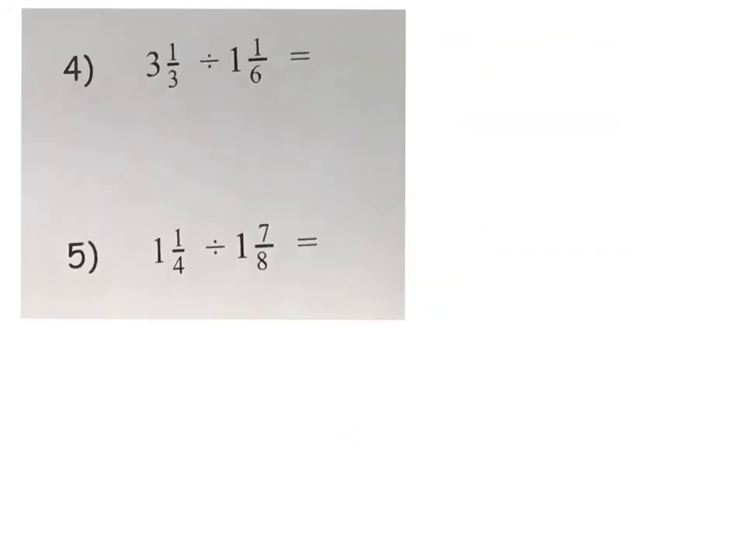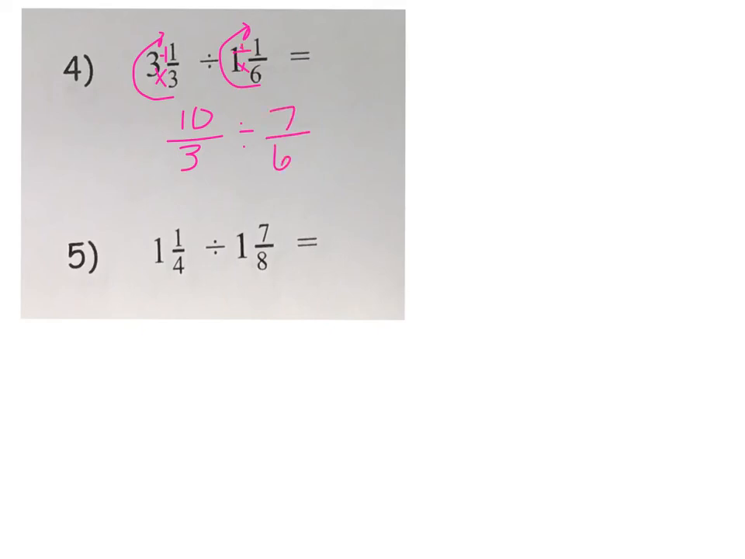I want you to go ahead and pause the video and do number 4 and 5, and then come back and I will do them with you real quick. All right, the first thing you should have done for 4 was change these into improper fractions. So I'm going to get 10 thirds, right? 3 times 3 is 9, plus 1 is 10, divided by 6 times 1 is 6, plus 1 is 7